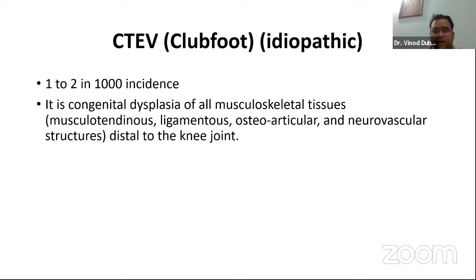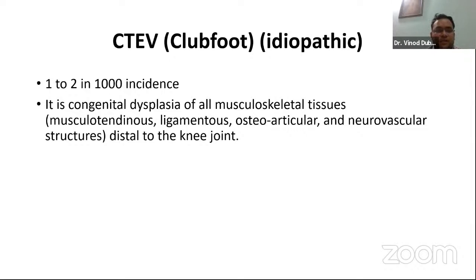The topic I have chosen specifically because it is a very common problem in India, and still we see a lot of kids with these kinds of problems who are neglected, especially in the rural setup and in remote areas in India, and which we can treat with a very simple maneuver if we can diagnose at an early age. So clubfoot basically is a congenital deformity which is seen in 1 to 2 per 1000,